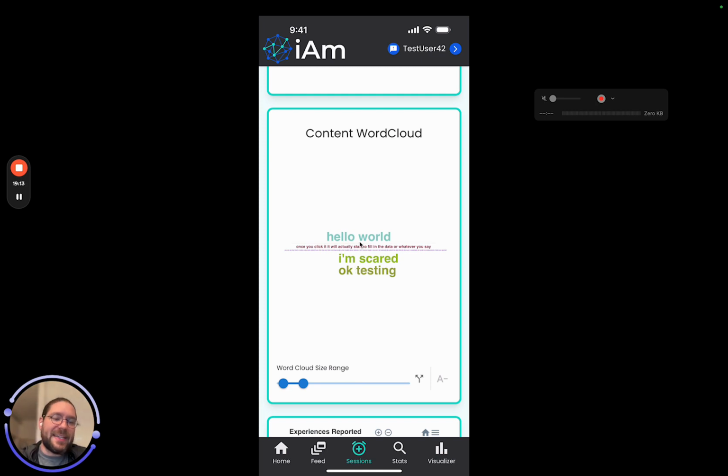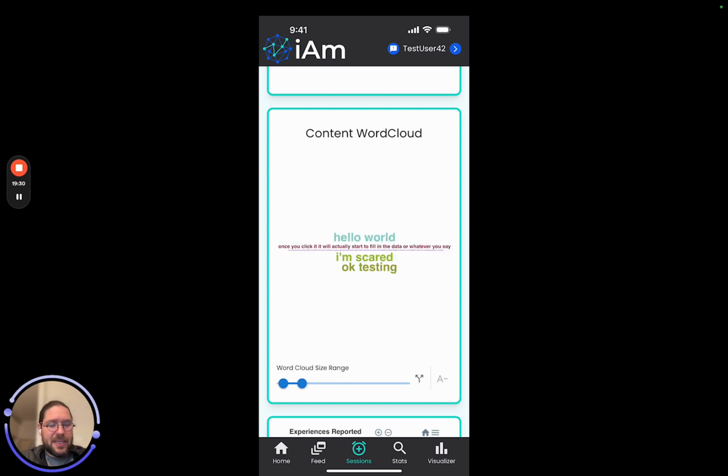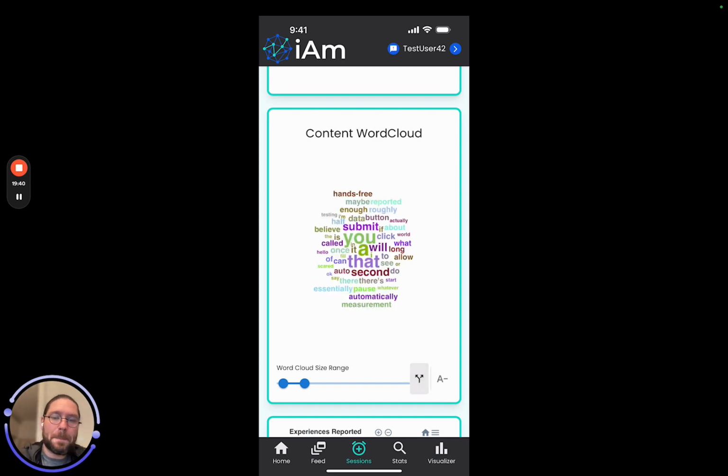But this isn't that interesting in and of itself unless you have a lot of repeating thoughts, which can actually happen in my experience. So we have a couple of buttons here. This can be used to actually increase the size of the word cloud. And you'll also see another button, which is a splitting symbol. What this does is it takes everything that was reported and splits it out by word. So this will show you what were the most common words that were coming up during the actual recording